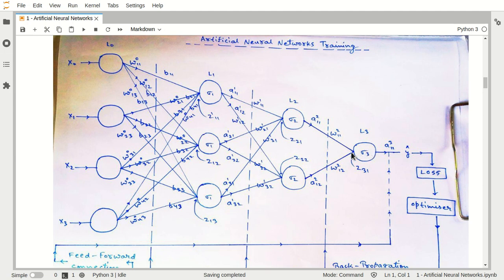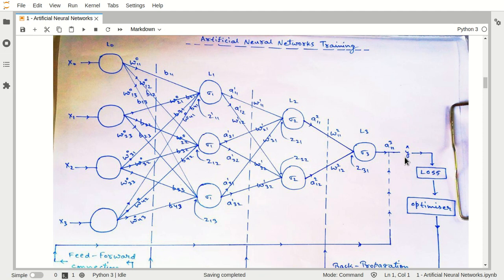Here all inputs get summed up, we perform some calculations, and finally we get an output which is considered your y hat, or predicted results.